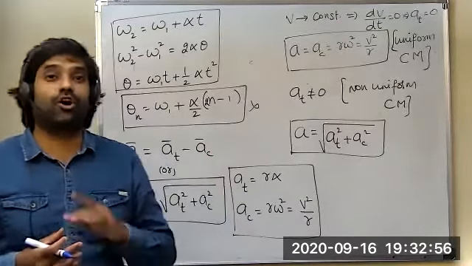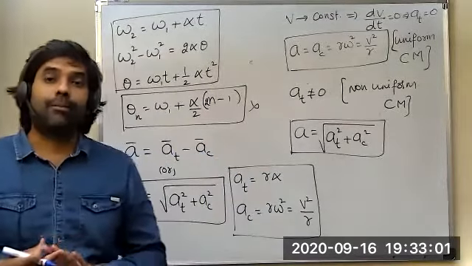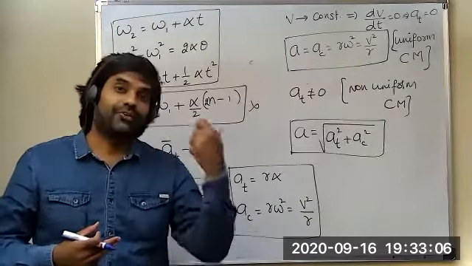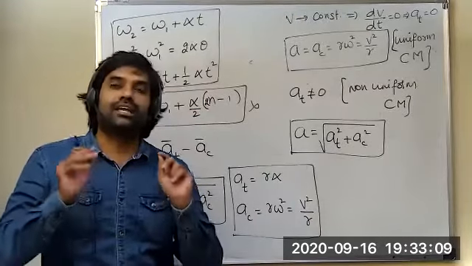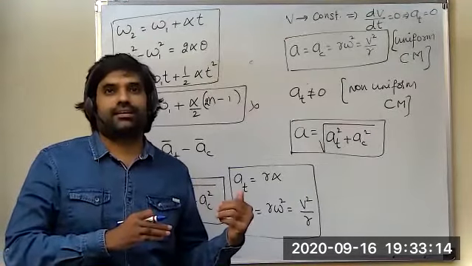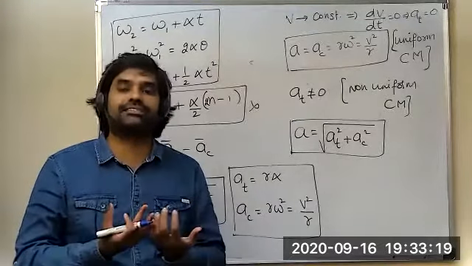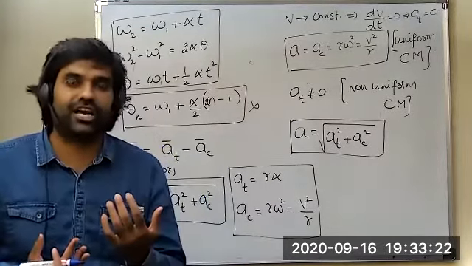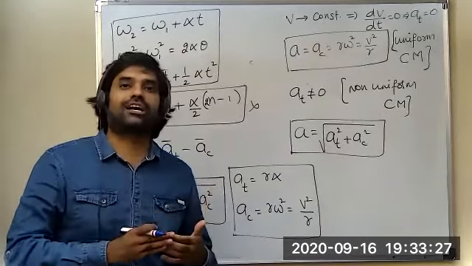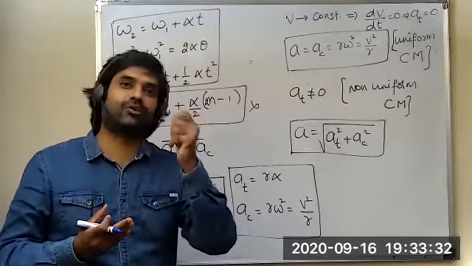What kind of velocity? Linear velocity. How did I get it? V is equal to R omega. What is omega? Angular velocity. Means, by applying the logics of translation, like rate of change of displacement is equal to velocity, we got angular velocity. That means, friends, the body moving on a circle will not have independent parameters. That means circular motion is dependent on linear motion, or simply we can say that circular motion is a special case of linear motion. That's why for circular motion we will have linear parameters also. V is equal to R omega. V is a linear parameter, omega is an angular parameter.